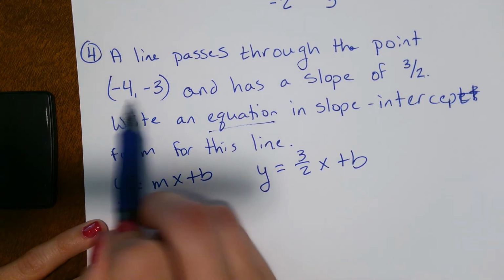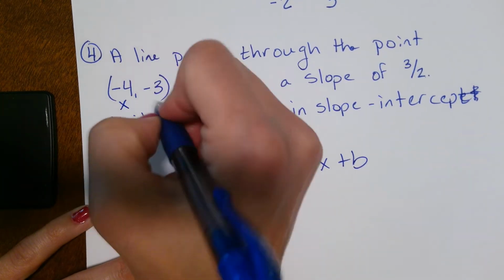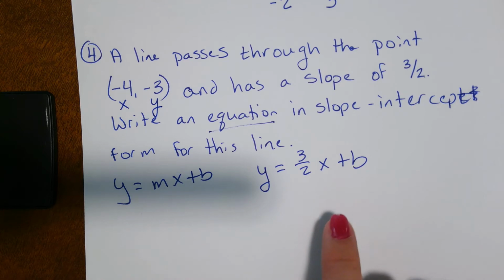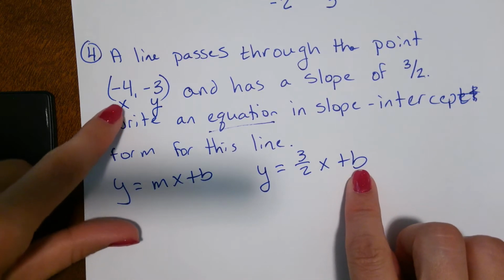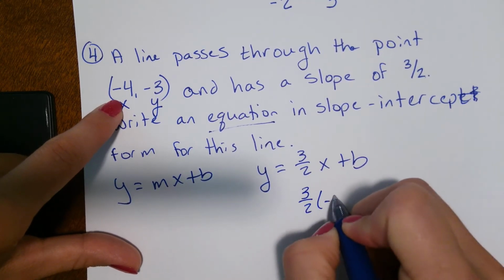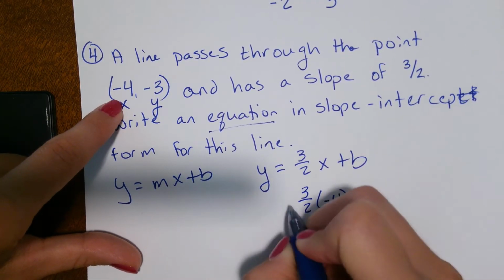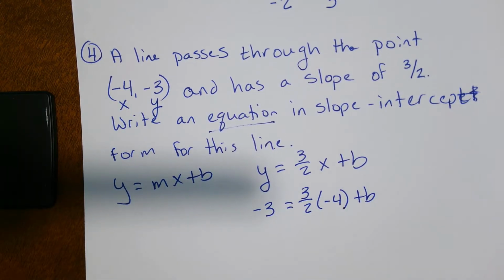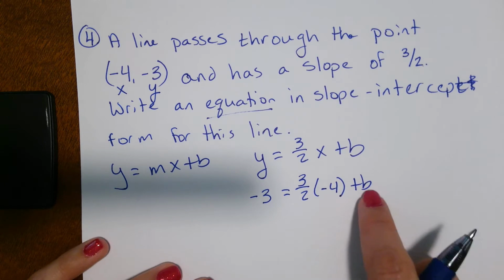Well, that's where the point comes in. Remember, a point is an x value and a y value. So yes, I have an x value and a y value. I will plug these numbers in and solve for my y-intercept. So x is -4, so I get 3 over 2 times -4. And y is -3. So now, again, I have a linear equation, and I just need to solve it for